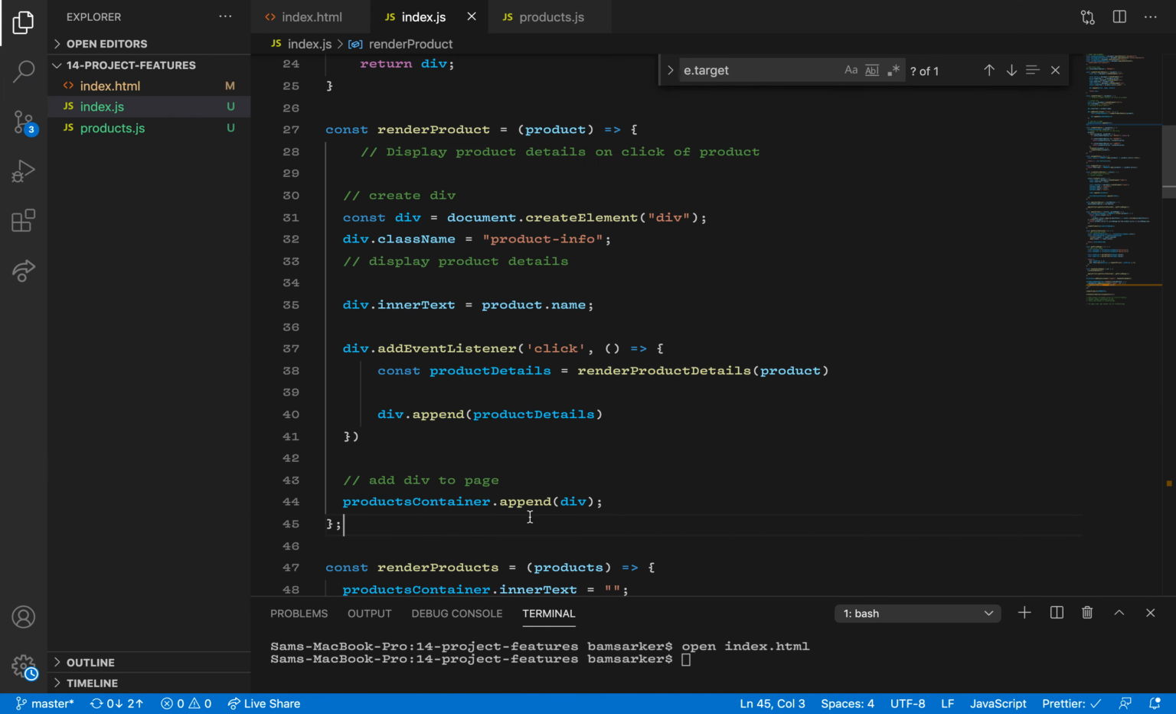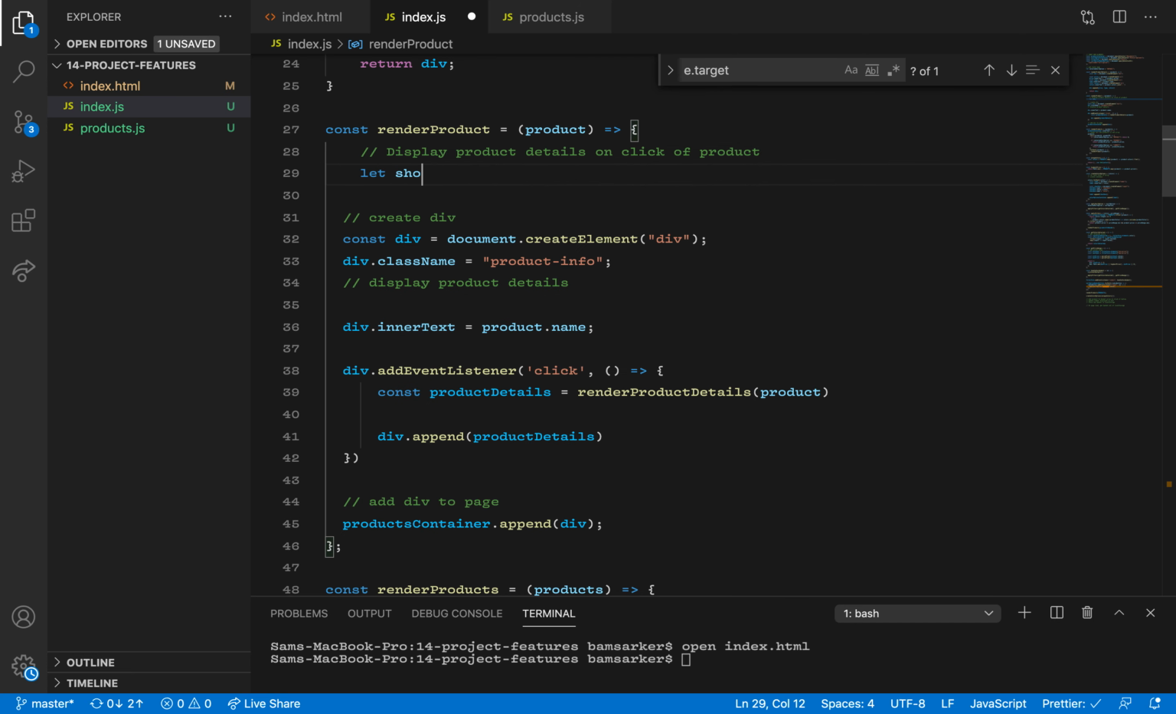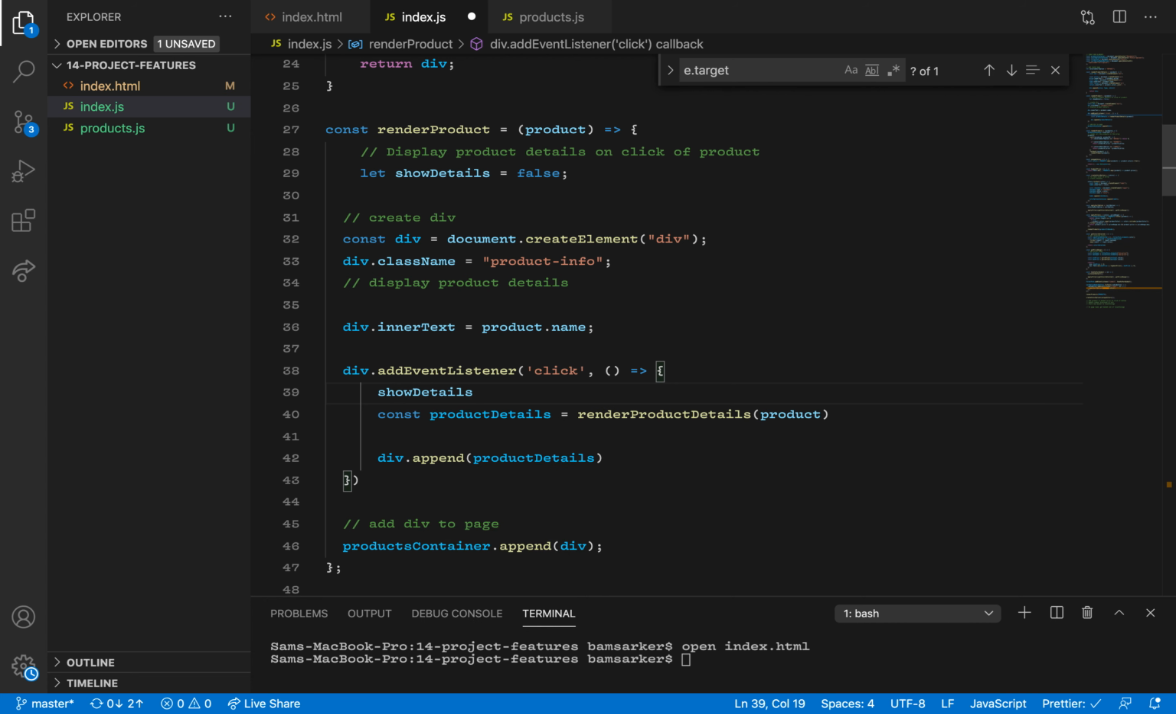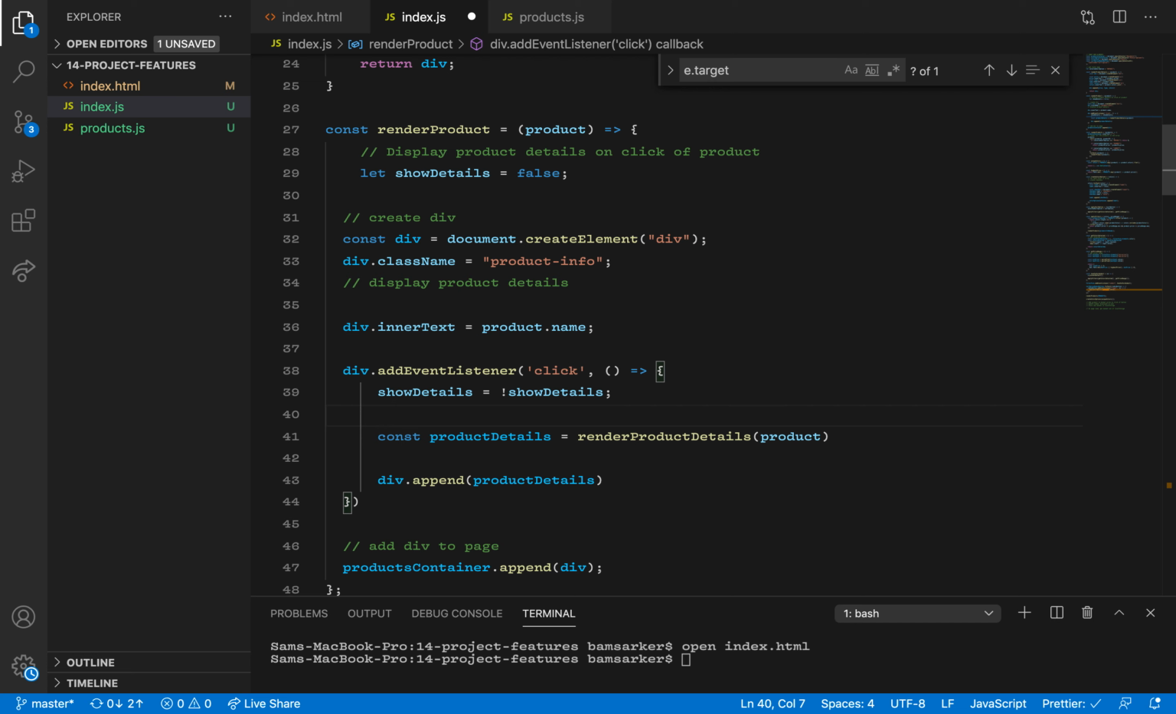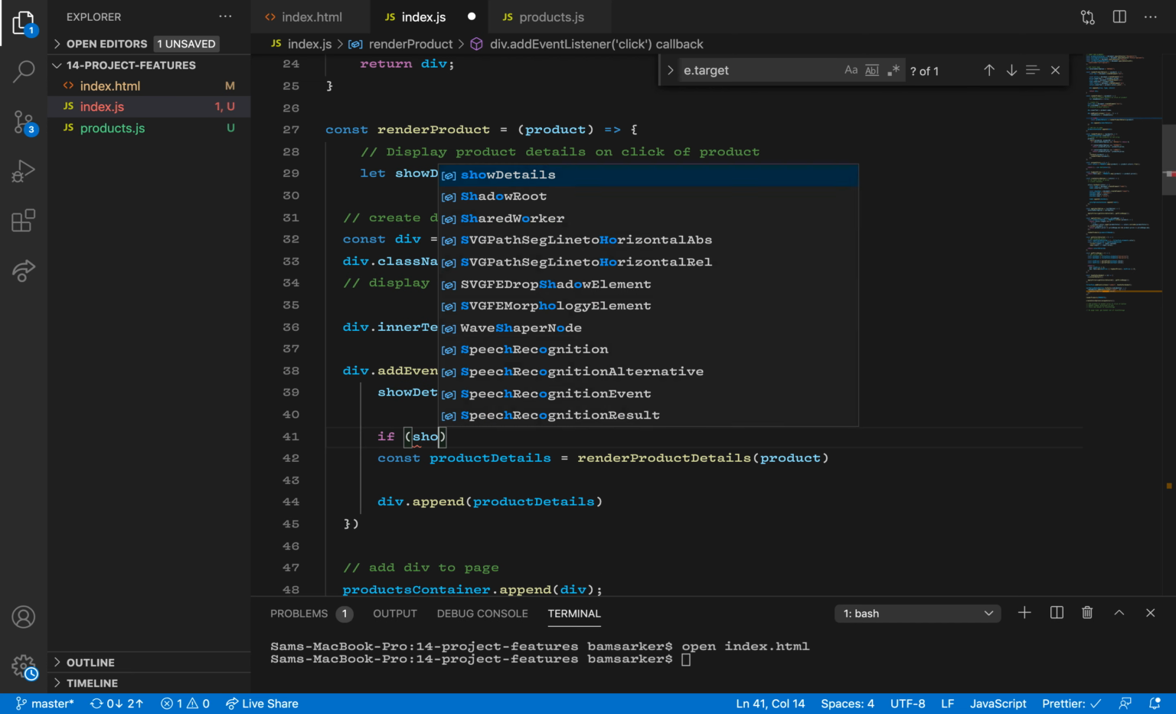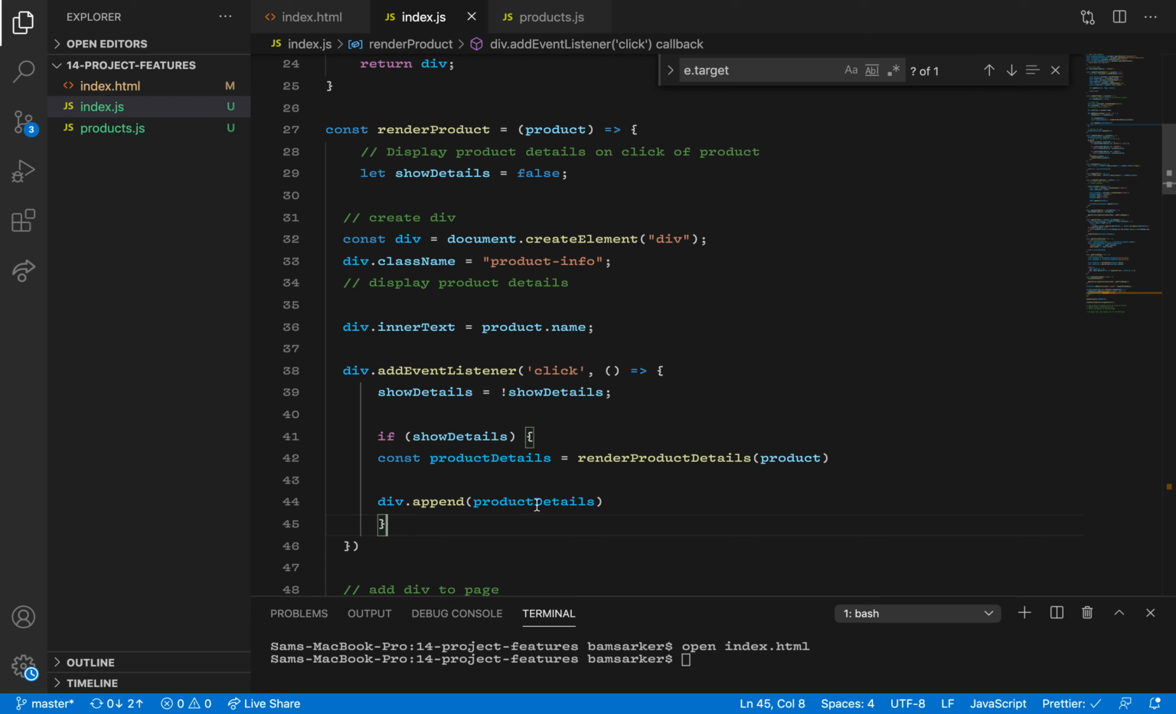So inside this function, we can have a local show details false. We can have a little local variable inside the function. We can say show details is going to be set to the opposite of show details every time, it flips it from true to false. And so if show details, we're going to show the details,